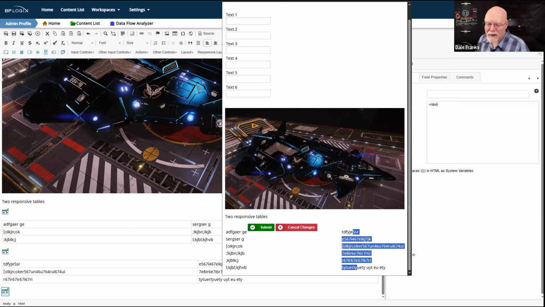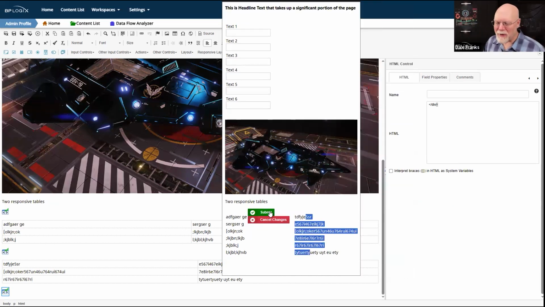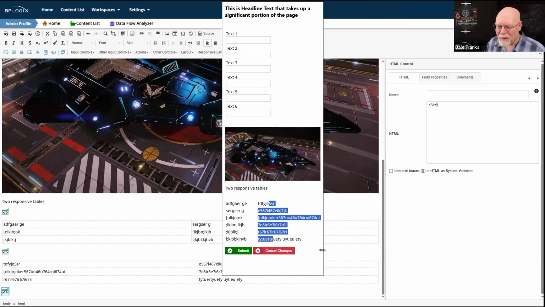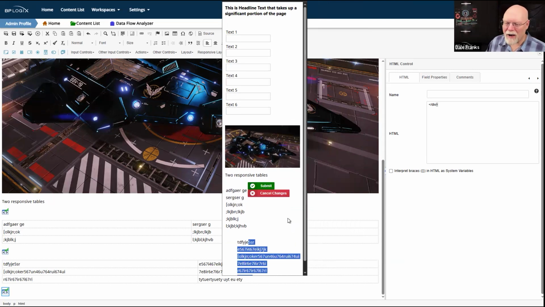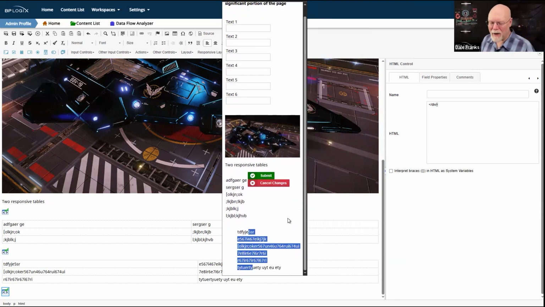Once they get close enough together, the float messes up the buttons, so let's ignore that for now. The important thing is, let's look at the tables, and this is about the maximum that they can sit on the same row side by side. So now again, we'll flop down to the next line.